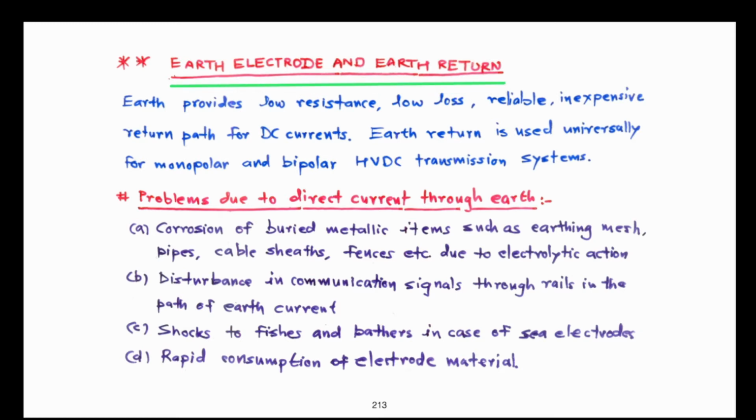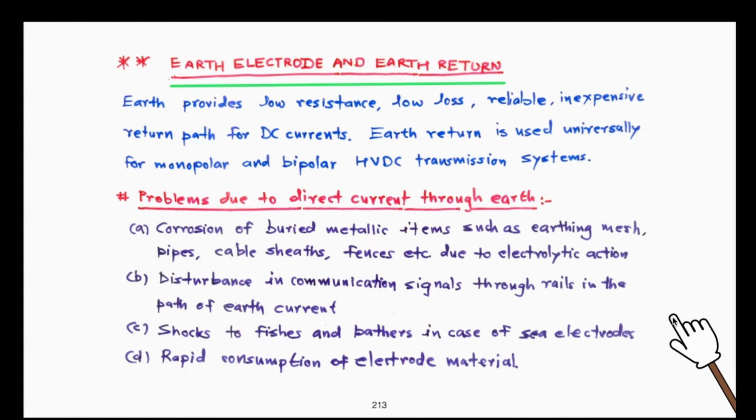I have been telling you during the study of different types of HVDC schemes that HVDC has a unique feature. It has better reliability as compared to three-phase AC networks, which cannot operate with two phases in case of fault on one of the phases. The whole line has to be disconnected and power will be interrupted, right?